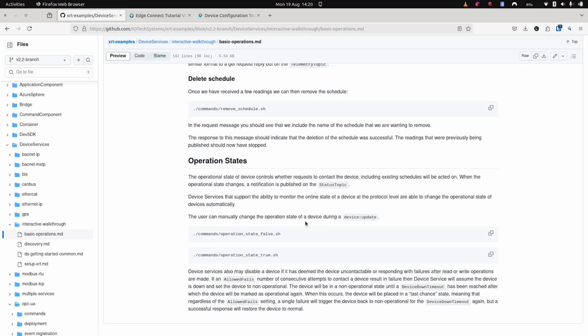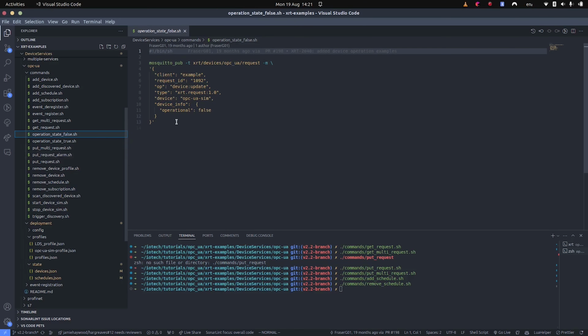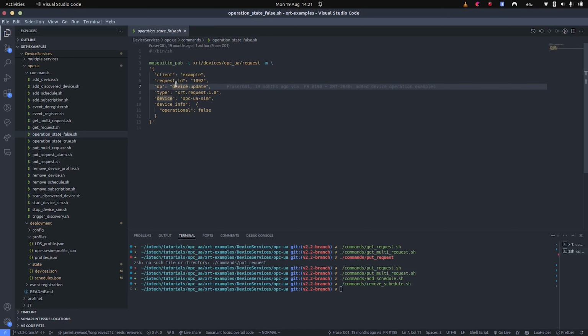So first, let's set the operational state to false, and what this command does, operation state false. So it's an update command, so you're updating something associated with the device info. In this case it is operational to false. So commands false. So if we just have a brief look at the